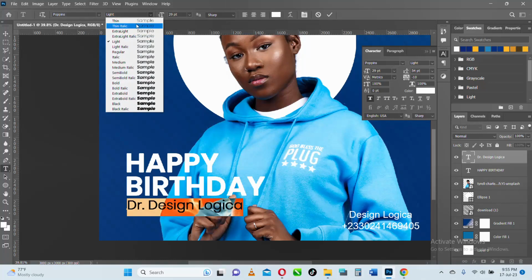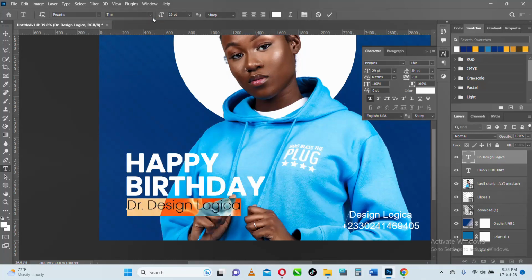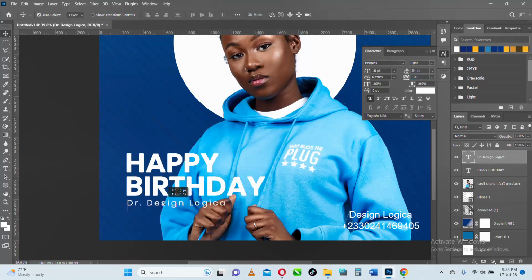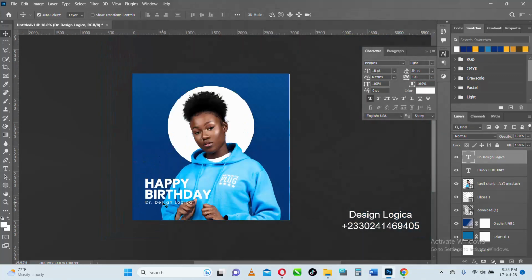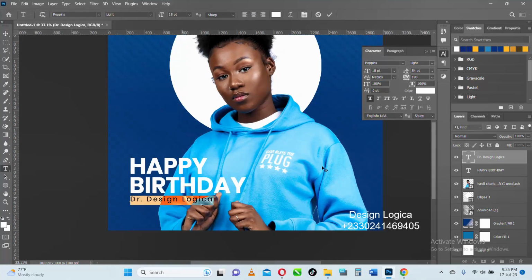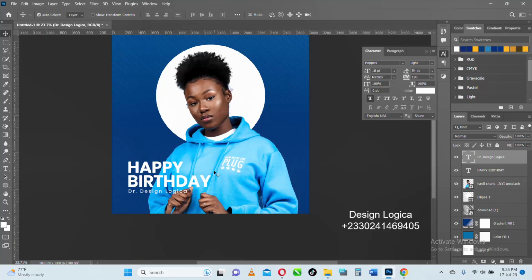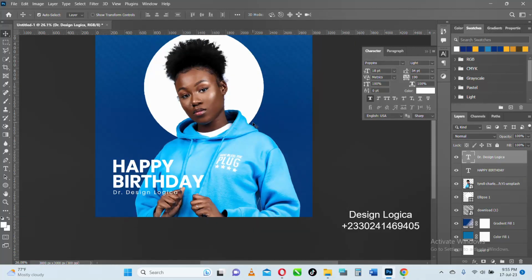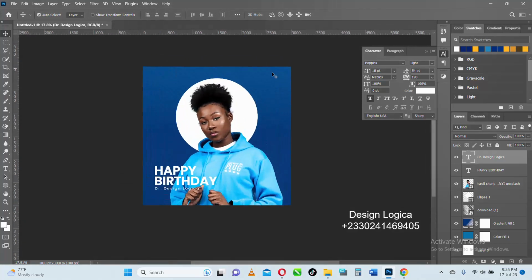I want it to be more thin. Okay, and then let me increase the sizes like this. So this is how I want it to be, simple like this. I just want us to do something simple, and then sometimes you can work on the background